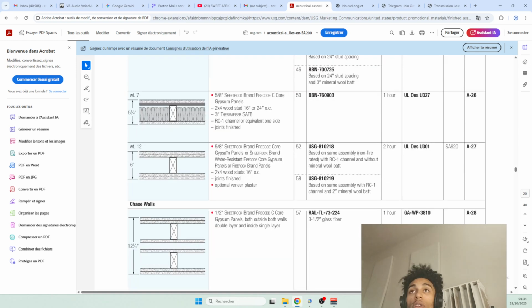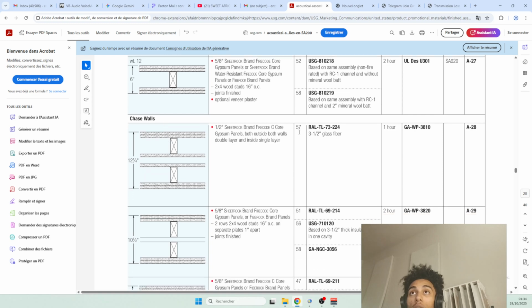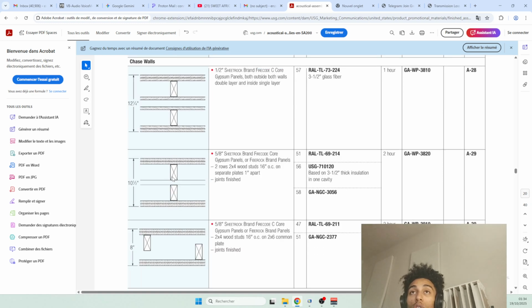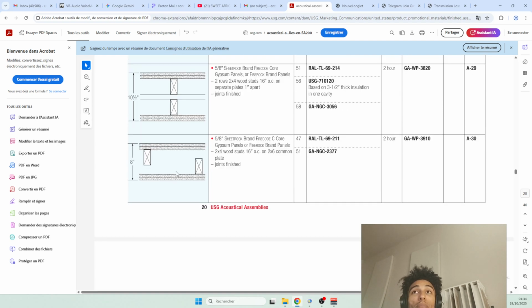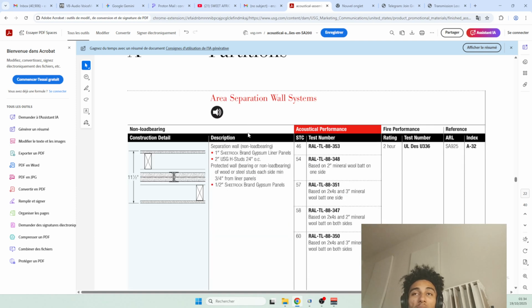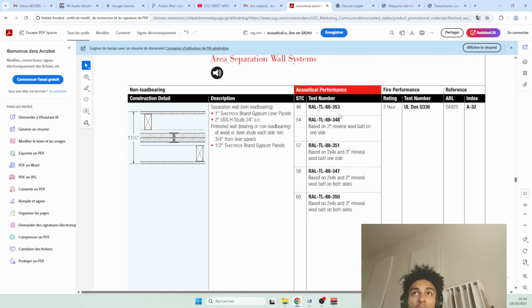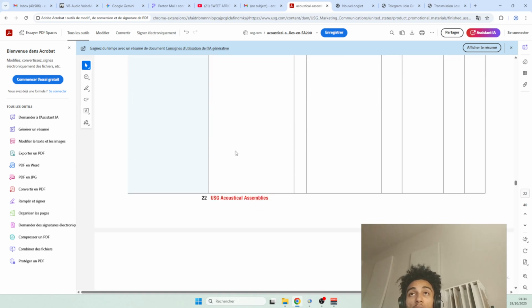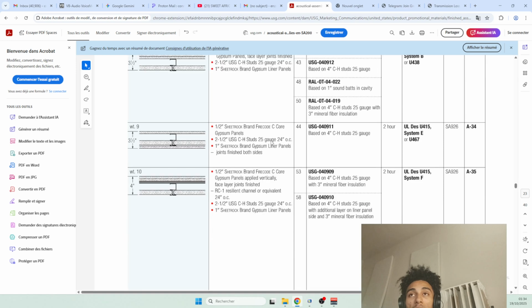When you see the STC equivalent with wood frame, I don't know what's going on with wood, but it must be because wood is more conductive, it's more thick, so it vibrates even more than metallic studs. But the STC aren't that great, and when you see the thickness of it, my God, man,